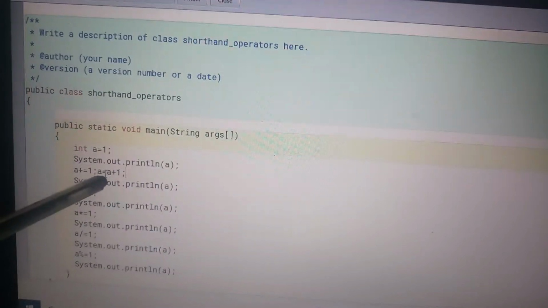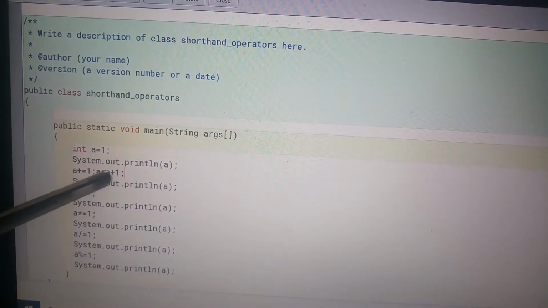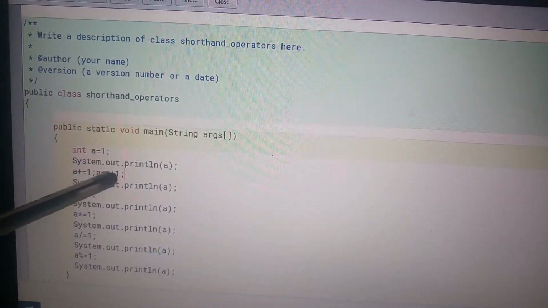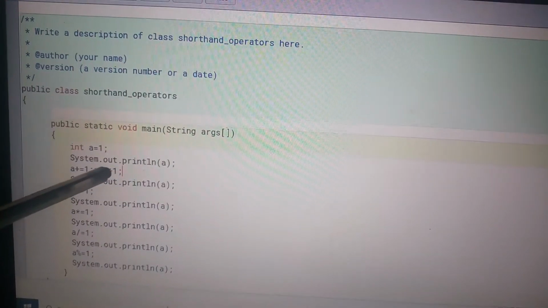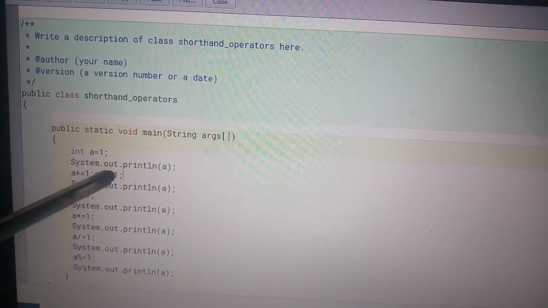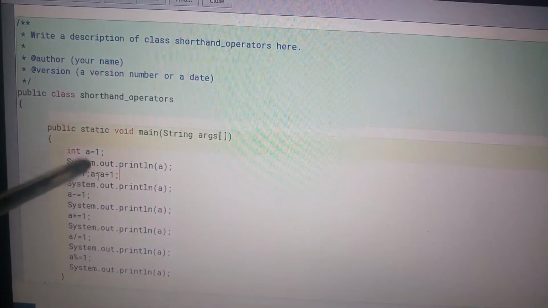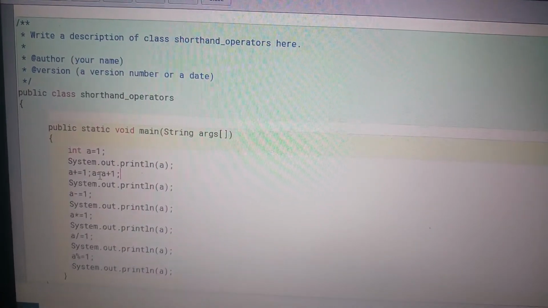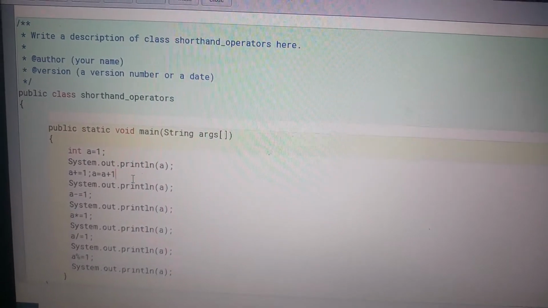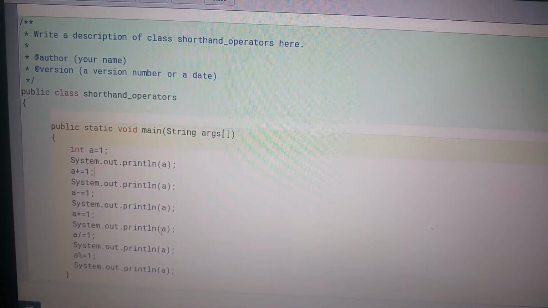What is the value of a? 1. 1 plus 1 is 2, and this result 2 we can store in the same variable. That is called your shorthand operator. We can remove this.